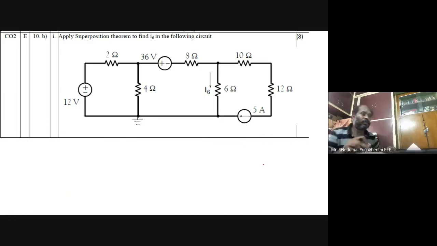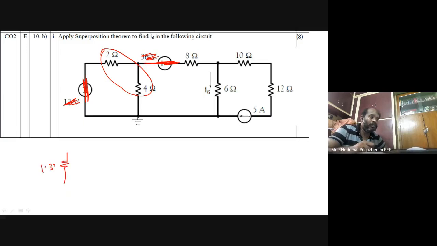In the third case, I am interested in using only this particular 5 ohm resistor. So this is going to be short circuited and this is going to be short circuited. You will not have these two voltage sources. You will have only this current source. And since this is parallel, my circuit will be reduced as this is 1.33, this is 1.33, this is 8 ohm, and you have a 6 ohm resistor. You will have a 10 ohm, 12 ohm with the current source.